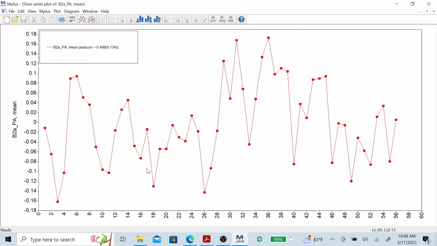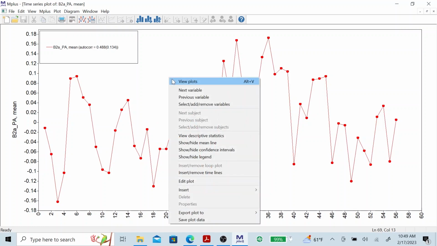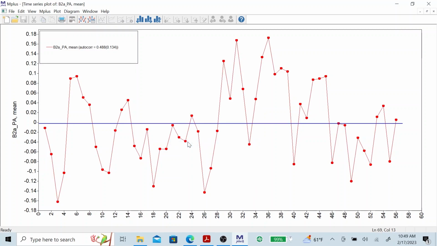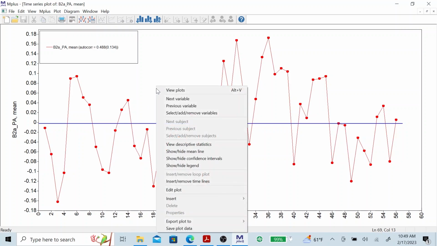first example here, and we see this pattern, which can be clarified a little bit if we right click and show the mean line, showing that the mean is 0, as we expect for the between time random effects. They have a mean of 0. They get added to the other parts of the model, and if you right click, you can also find a